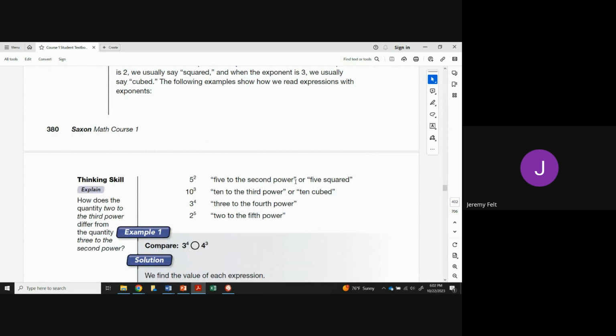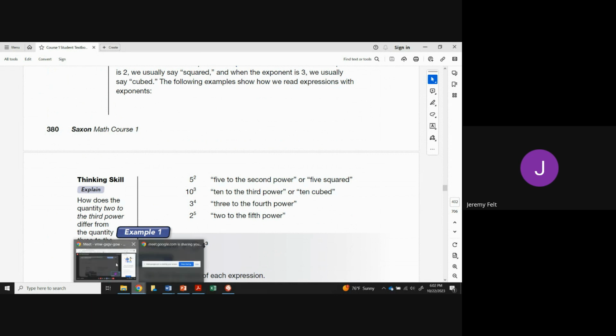Okay, so again, 5 to the second power, or 5 to the power of 2, 5 squared, 10 to the third power, 10 to the power of 3, or 10 cubed, 3 to the fourth power, 3 to the power of 4, 2 to the power of 5, or 2 to the fifth power. Again, as long as we say that it's a power, or squared, or cubed, we should know what we're talking about. If we're comparing these, 3 to the power of 4, 4 to the power of 3,